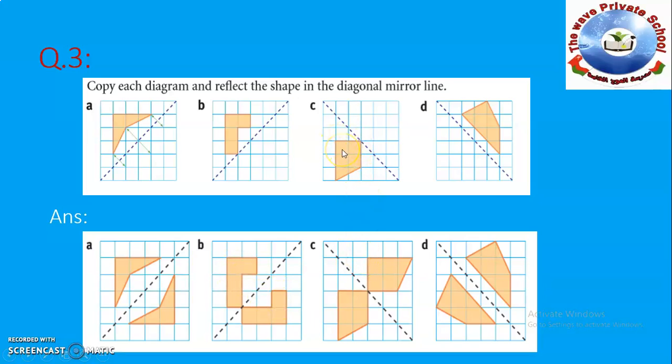Here in the C part, 2 blocks cover, and downside 3 blocks cover. So when you draw the arrow from here, it will cover the 2 blocks here and 3 blocks. When you start from here and draw in this way, it will cover the 3 blocks on this side and 2 blocks from here. So just draw the arrow. In this way you can easily understand. So this was the image of this shape.